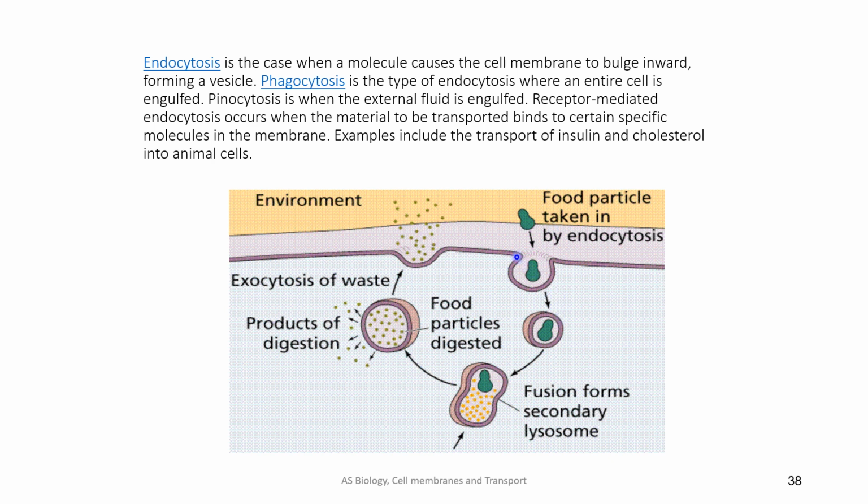So what it does is it creates this pocket. It creates a bulge in that cell membrane, and then that cell membrane pinches off around that molecule, and that cell membrane becomes a vesicle, okay? So in this example, a food particle,